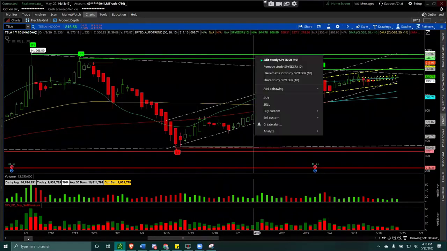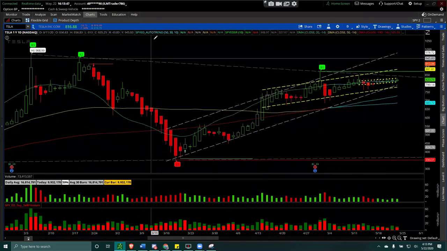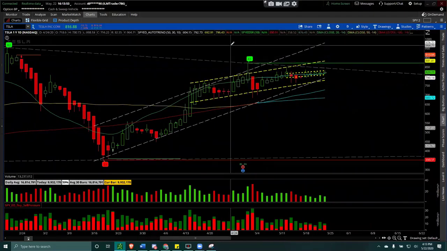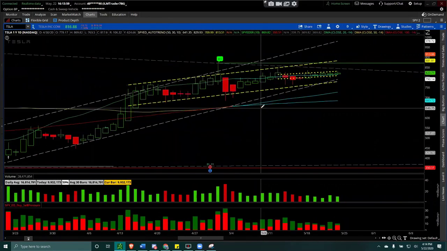What I do, I right click on it, edit studies. And then I have all these other junks, which I check off. I just want to see what it is. You could go into the tool. I keep the resistance one as red, and I keep the support as, you could change it to either green, red, whichever color you want. And then I check off everything else. So I know where the plots are, but it doesn't have to be on the screen. See, now it's a lot more clear. I just see where it is, R1, R3. And I just keep this line because this gives you a lot more fluent sense of what you're looking at here.